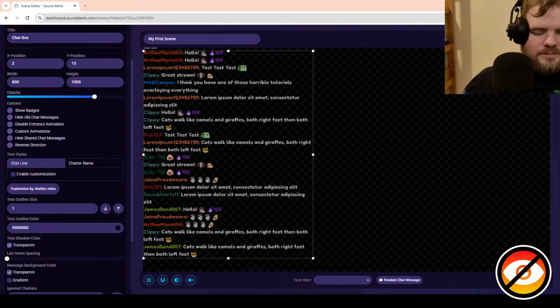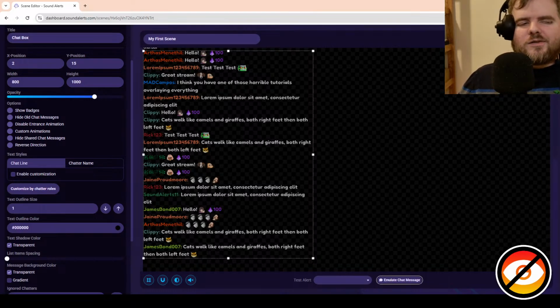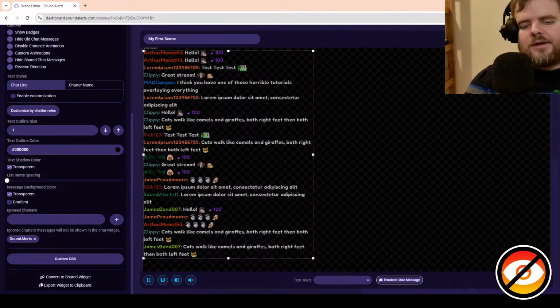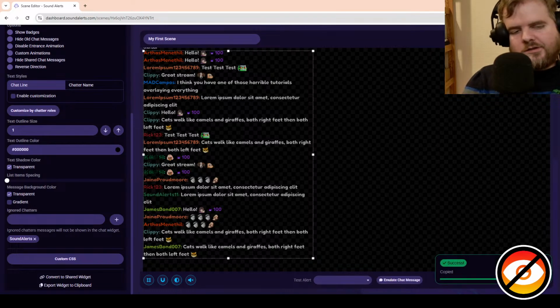The editor is split into three sections: an editing panel on the left, a preview area in the center, and control options at the bottom. Right, so you've got your scene editor, speech mode off, preview in the middle. On the left is all your editing stuff. And then I can put this in my OBS. That's a browser source. Pretty sure what you do is you just grab the thing from the share scene link. I don't think you export, I think you copy. Oh, copy source URL. There you go. So I can go into OBS now and add